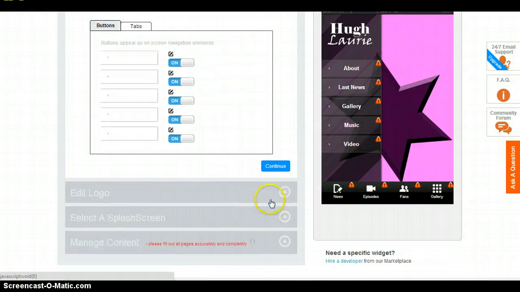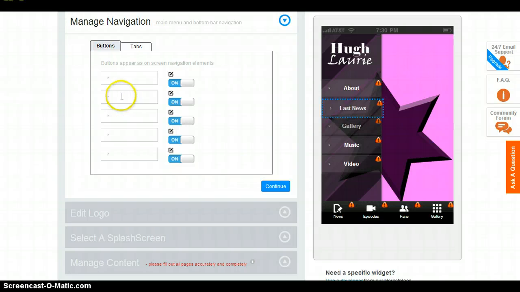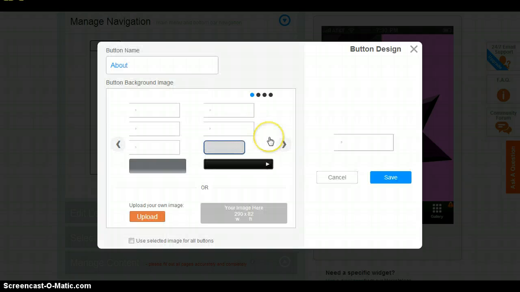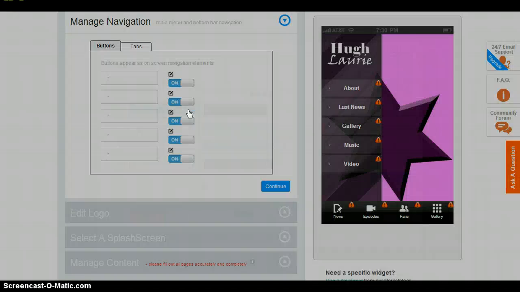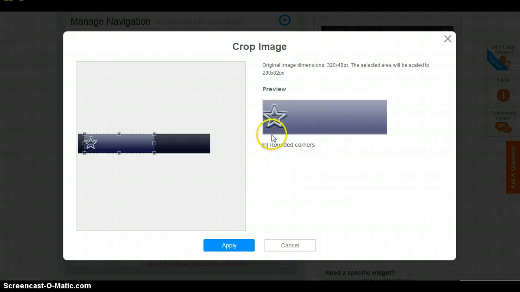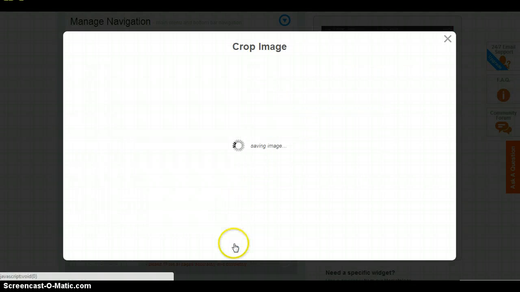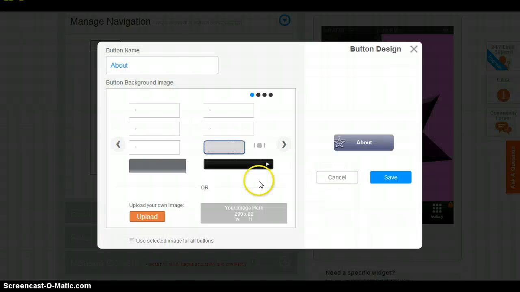Once I'm happy, I click continue, and I'm now looking at the buttons. Okay, now to edit these, I click the little pencil button, edit. Now when I click on these, it will tell me the size that I need, 290 by 82. That's 290 pixels wide by 82 pixels high. Now I've got, if I want, again, a template that I can use. Okay, I can apply rounded corners and apply if I want to. Alright, and